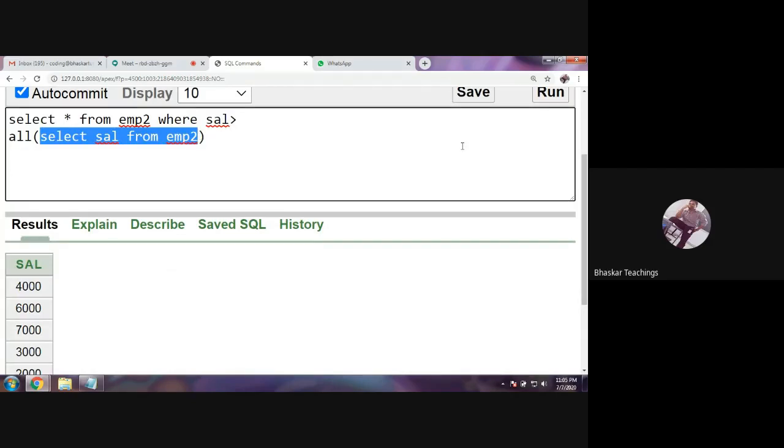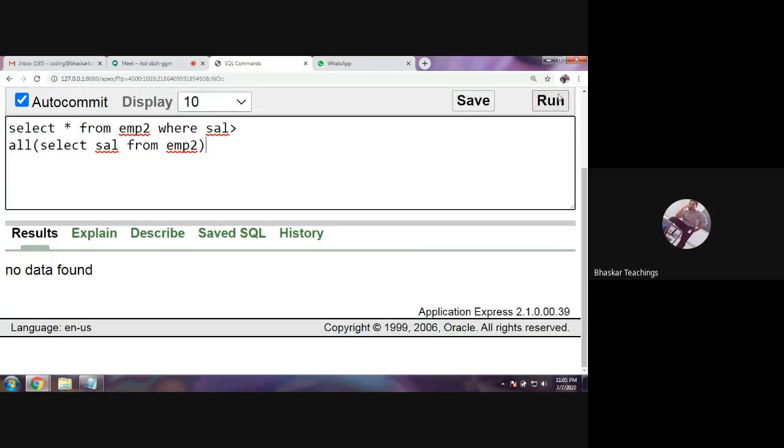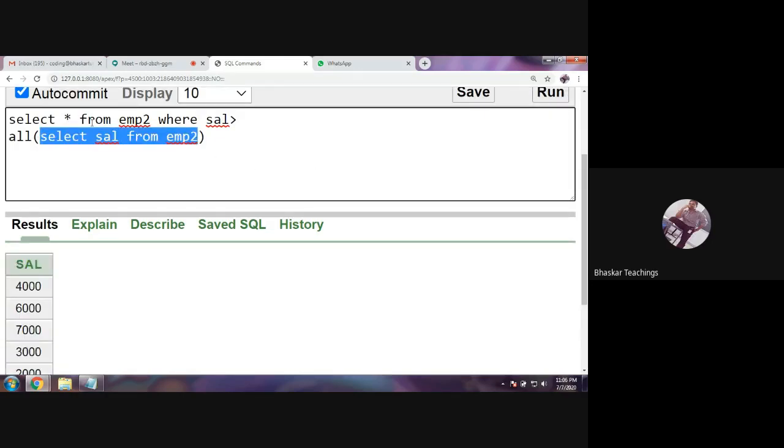Obviously, it would retrieve us zero data, because the inner query salaries belong to EMP2 only, and we are asking the outer query to check if any salary of the same table is greater than those salaries. No salary is greater than all the salaries.